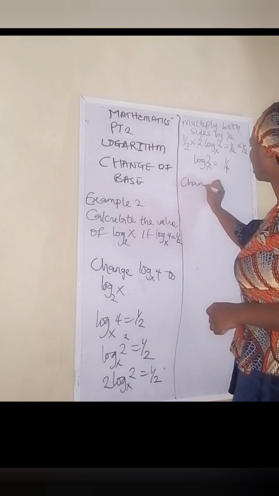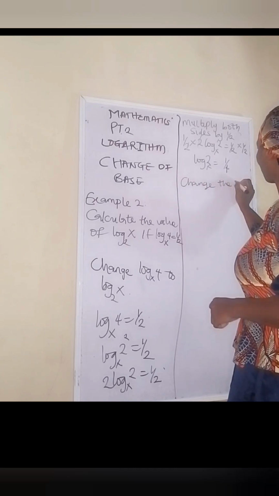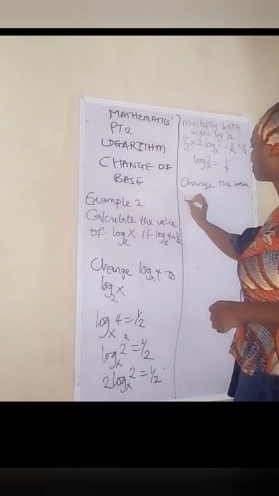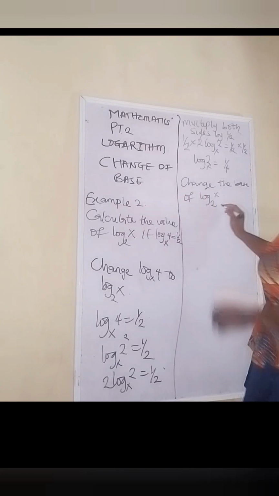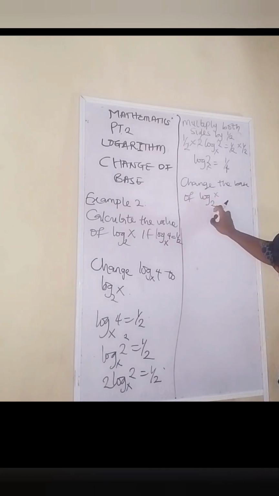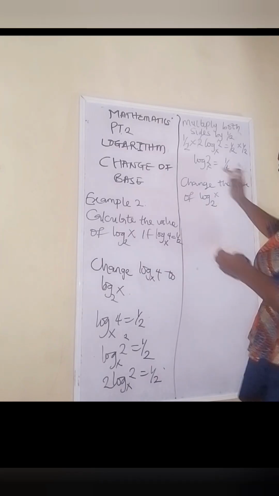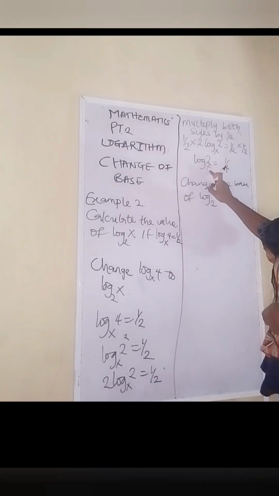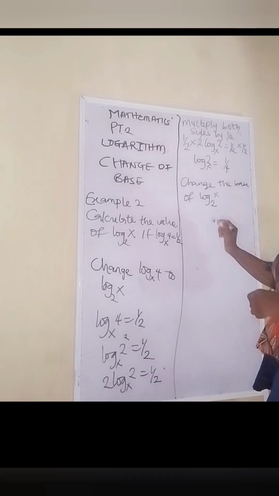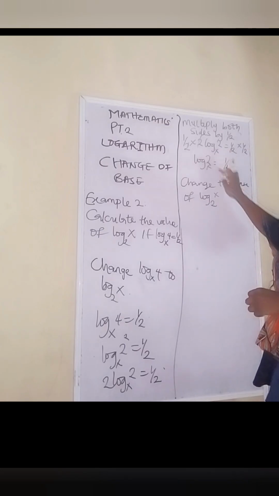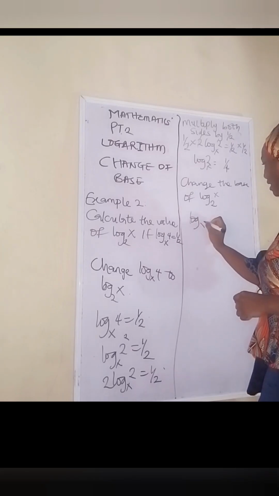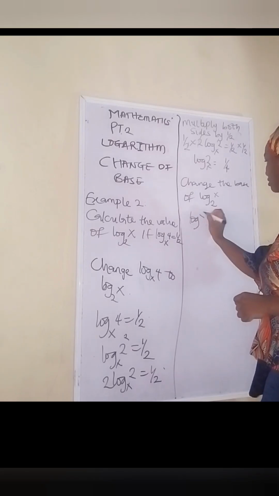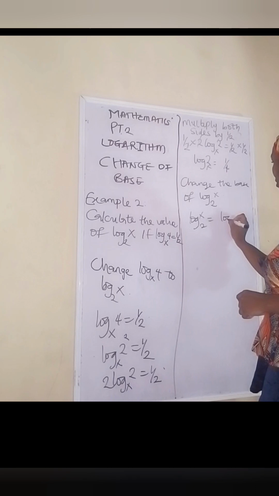Change the base. This is very simple. Of log 2 base x. So now I want to change this base to x. So now how to do it? When we change this base to x, you're going to get this. When you change this base to x, at least you'll be able to input this particular number. Do you understand? So that's why I'm changing this base to x. So that would be log x, okay, sorry, let's go with x 2. So that would be log x